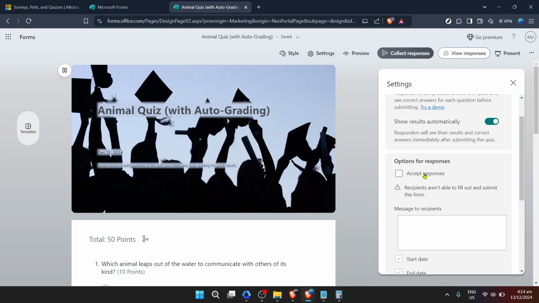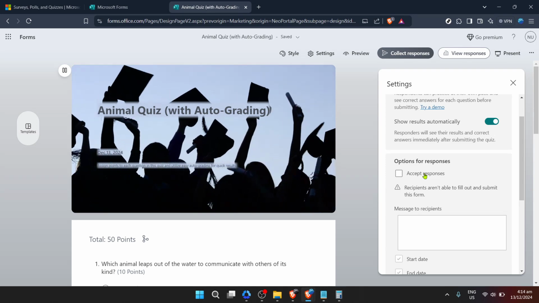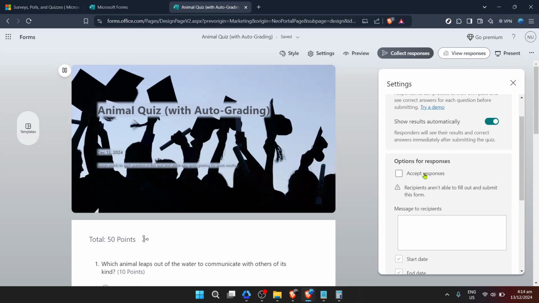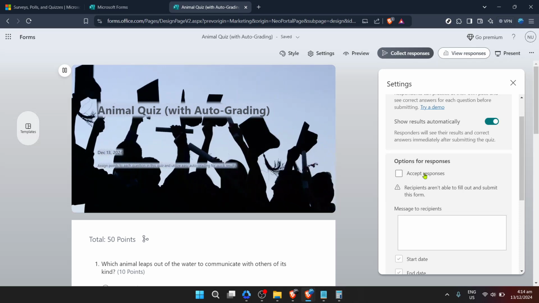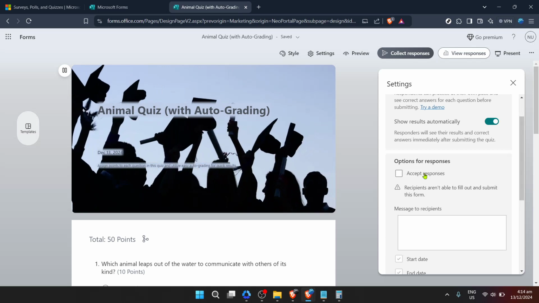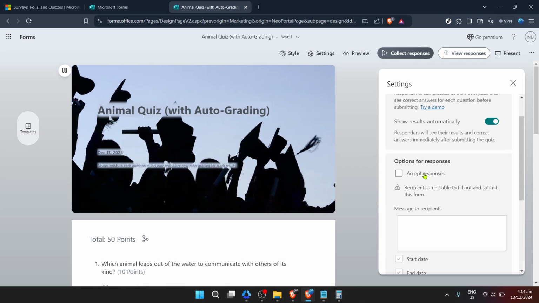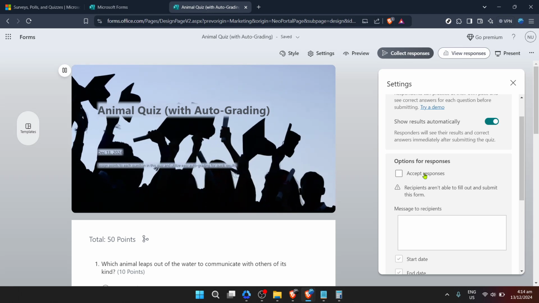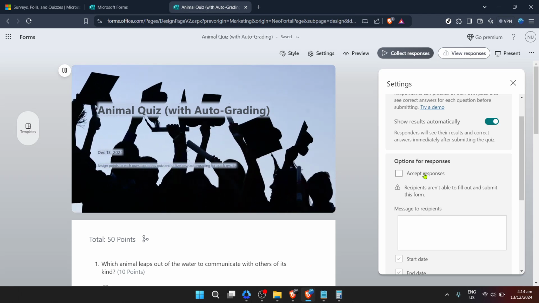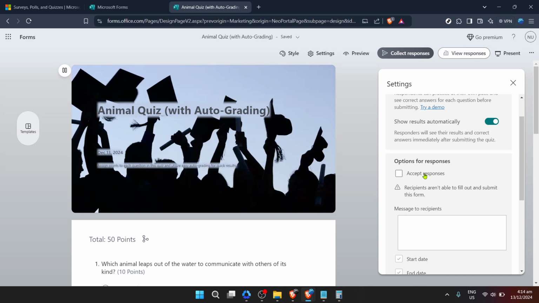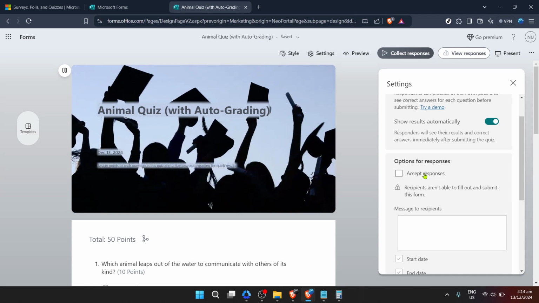And there you have it. By following these steps, you can easily close a survey on Microsoft Forms, ensuring that you have complete control over the response gathering phase of your survey. Remember, you can always reopen the survey at a later date by simply checking the Accept Responses option again. This flexibility makes Microsoft Forms a powerful tool for gathering and managing